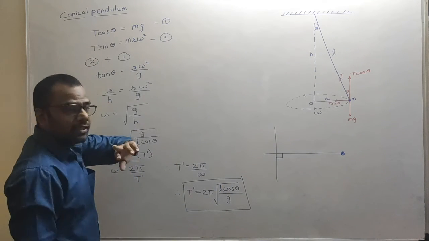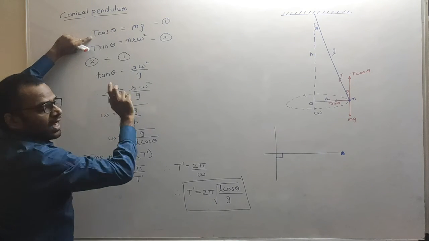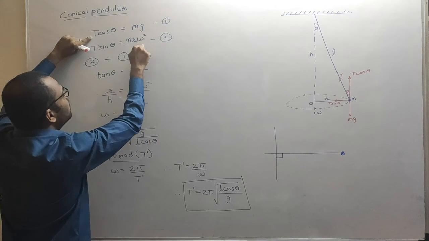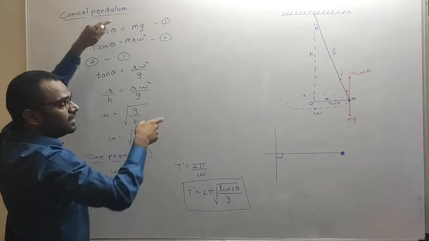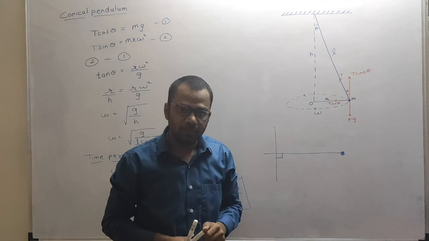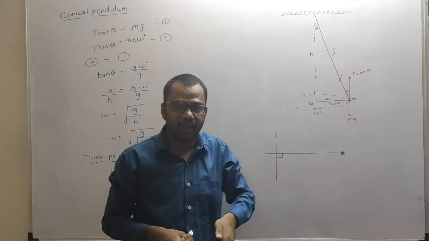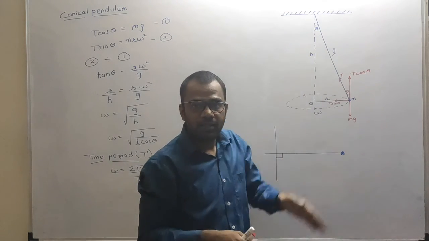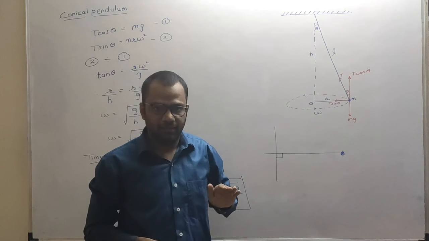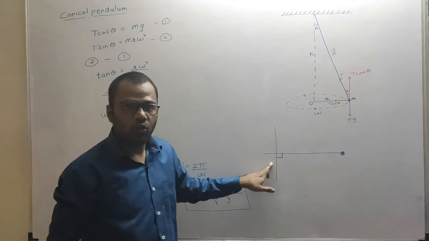So look, once again look at this equation as well. Tension in the string will be what? Mg upon cos of theta. Again, if theta is 90 degree, cos of 90 is 0, so T will be Mg upon 0. So again T, that is tension in the string, will also be infinite. Again, that is not possible. Getting this? So this condition is not possible. So we can never have this angle theta equal to 90 degree. This angle theta will always be lesser than 90 degree. Now we have understood by mathematics why this 90 degree angle is not possible.